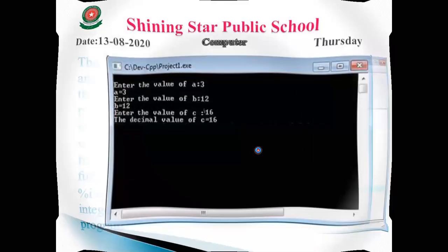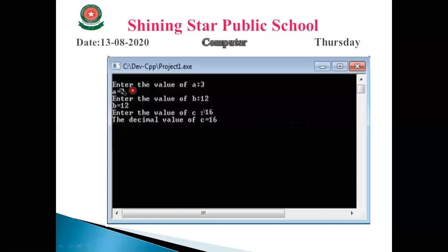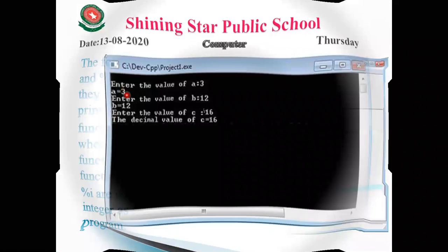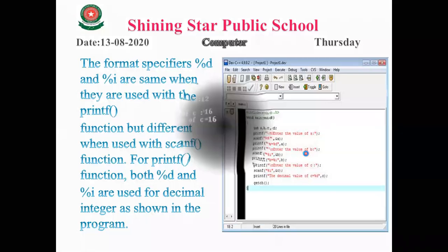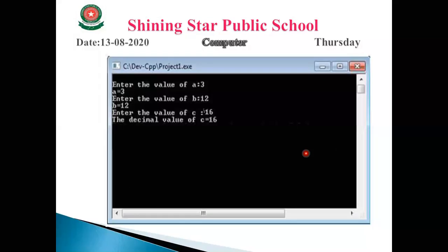Okay, let's check here. When you execute the program, it will display like enter the value of a, then you enter the 3, so it will display a equal to 3. When the controller comes to the next line, enter the value of b. So again on your screen it will display like enter the value of b.